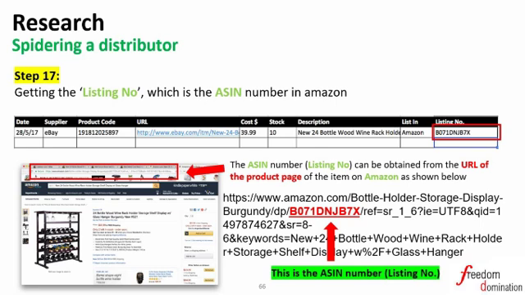And lastly, we shall copy the ASIN number, which we have mentioned earlier, which could be found in the URL of the product page, and it usually starts with the capital letter B. So we shall input that into the Excel as well for record purpose.